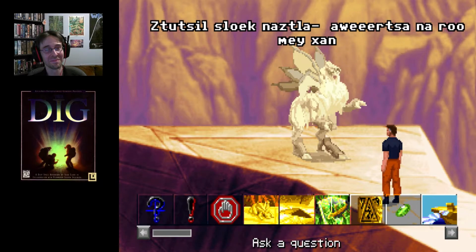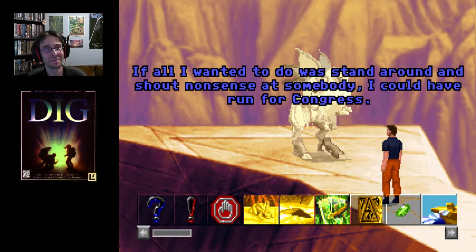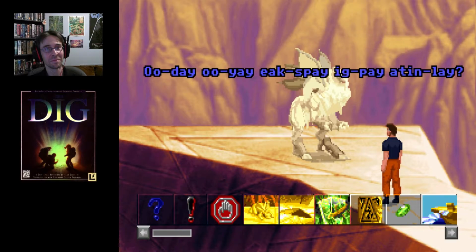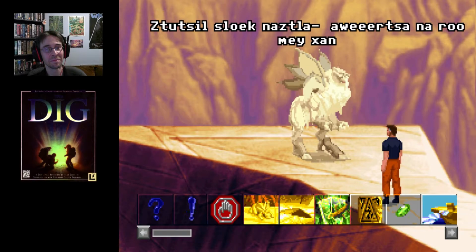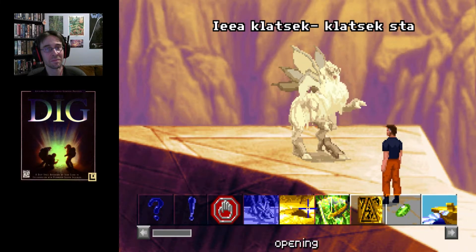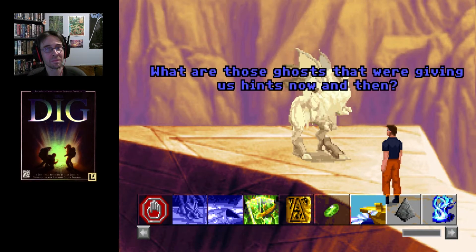Zutsen Swag Natswag. He weeds an room mainzian. If all I wanted to do was stand around and shout nonsense at somebody, I could have run for Congress. Kalatisia Nea Uday, Uye, Ixpe, Igpe, Attenlay? Zutsen Swag Natswag. Who are you? Ihr Klatsik. Why were you so carefully... Zutsen Swag Natswag. What are those ghosts that were...